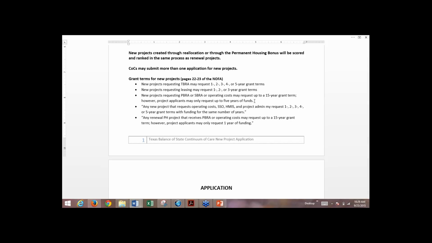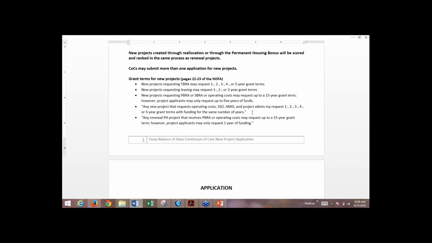So it would be a 15-year award, but you're only able to request up to the first 5 years of funds. New projects that request operating costs, SSO, HMIS,